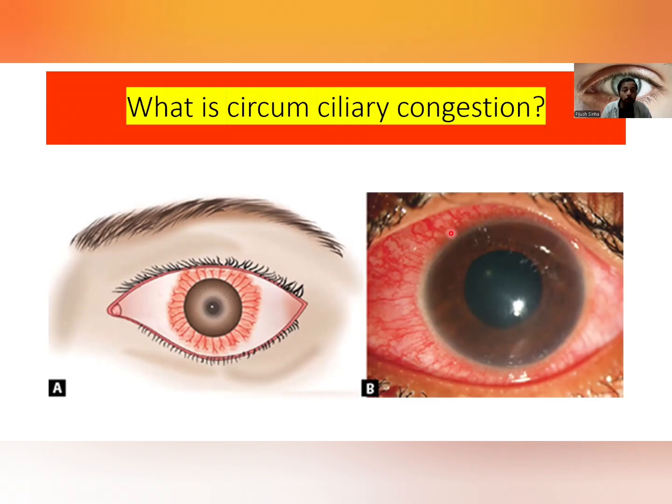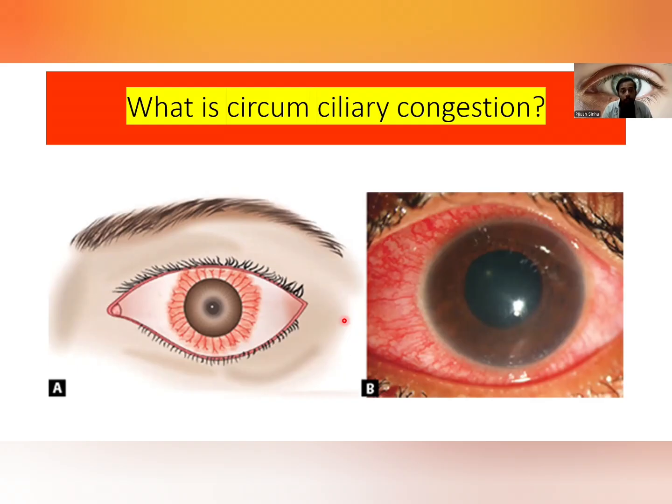So this creates a reddish or purplish ring around the cornea and is usually a sign of a more serious condition. If you see a patient having circumciliary congestion, it is telling you that this condition can be more serious because deeper blood vessels are now getting affected. In this case, if you try to push the eyelid with a blood vessel, then the blood vessel will not move,